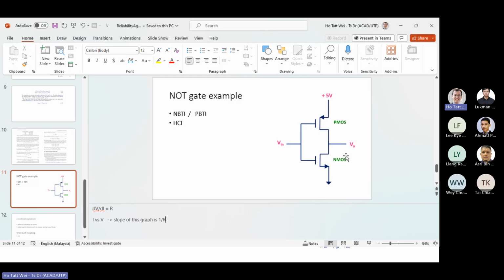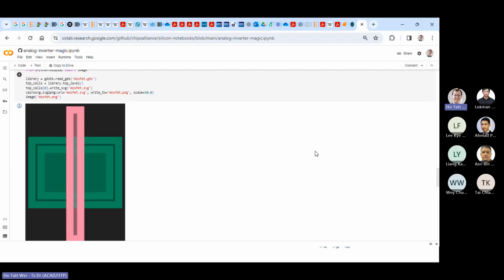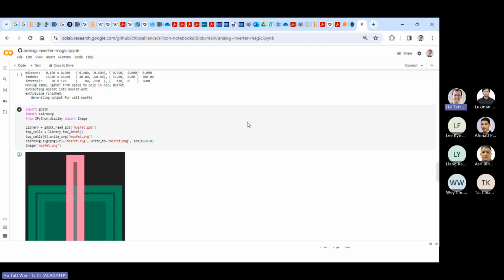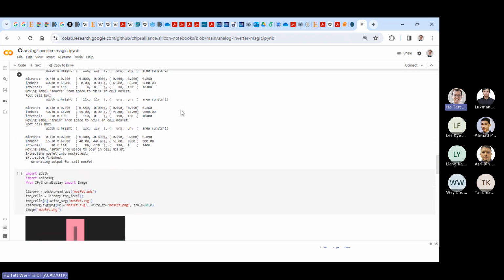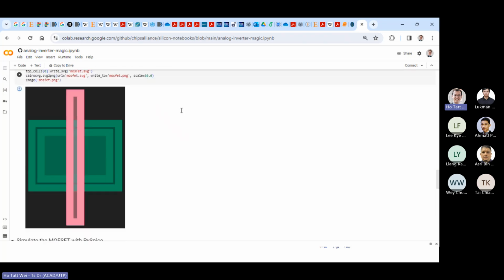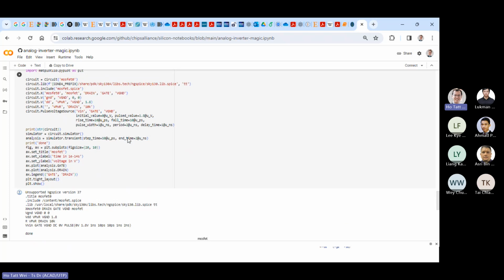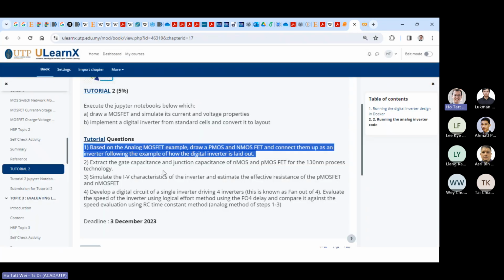That's the whole point of tutorial 2, trying to show you that you can develop that knowledge. It's not very difficult because the models are all there. You can get the R and the C from the analog side. This is getting the C, this is getting the R. So with the RC, you can estimate the delay of the MOSFET, and therefore from that, when you start putting them together in different logic gate configurations, you can estimate their delay.